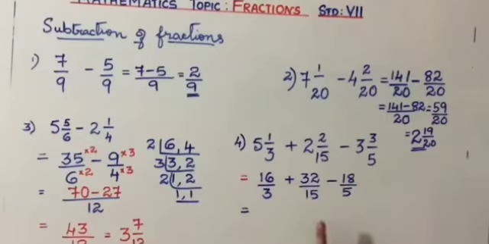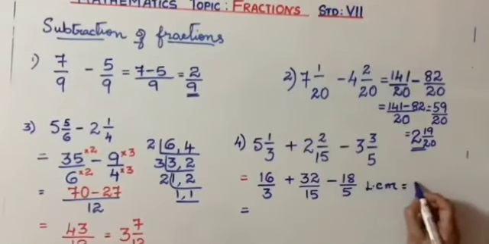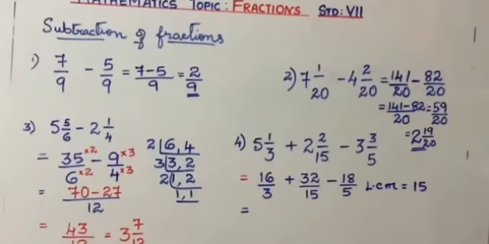Please find. Now, as you all can see, 15 is a multiple of 3 and 5. So, LCM is 15. LCM of 3, 5 and 15 is 15 itself. Okay, children. So now 15 is our common denominator. Let's convert all the numerators also, because we are changing these two denominators to 15. So we have to change the numerators also.